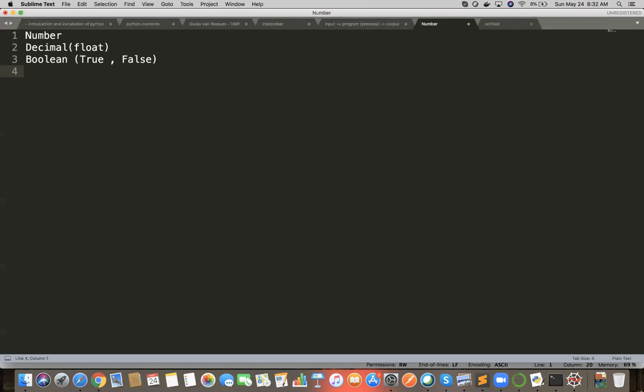A string or a single character are both treated in almost the same manner in Python. A group of characters is a string, right? So only four different varieties.